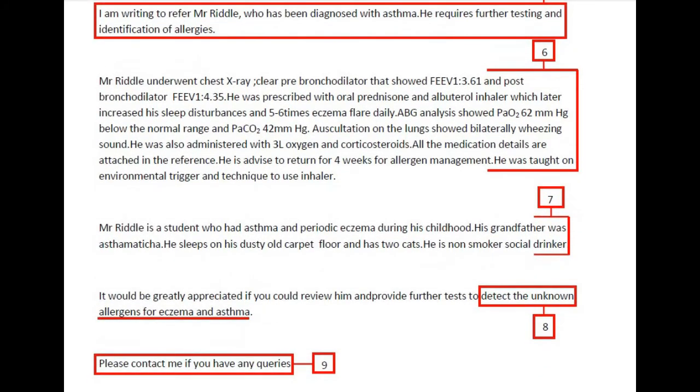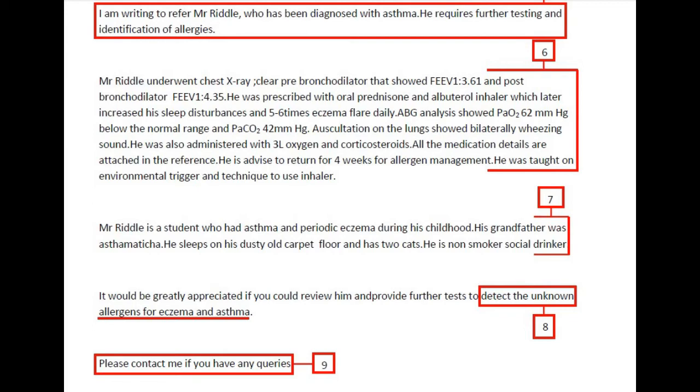Because this patient has childhood asthma, but that was relieved for the past 8 years, his recent attack happened after he moved to a new accommodation where he has dusty carpets and 2 cats. Obviously, these are the triggering factors for an asthmatic patient. Therefore, these factors should be highlighted at first of the paragraph. Also, you could add the things that happened to him after he moved to his new accommodation, which is the relevant information missed out in this letter, which is he became restless, wheezing, increased sleep disruption, and he was managed conservatively with medicines.